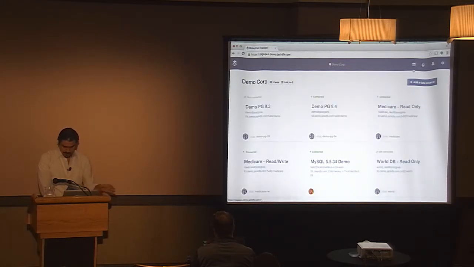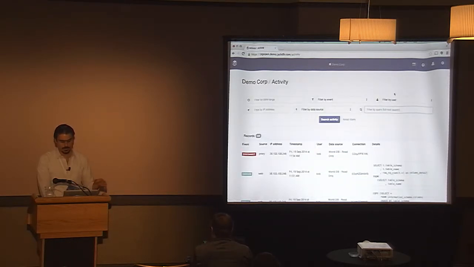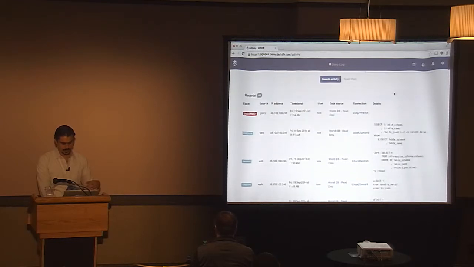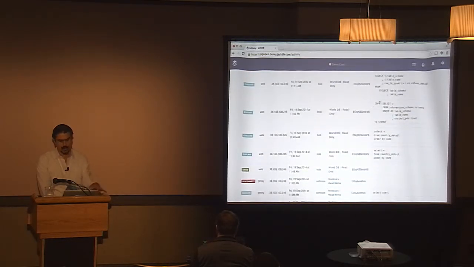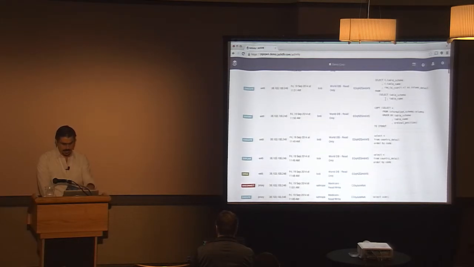So all this is nice. We can add users, we can remove users, add them to roles. But what's really cool is that everything being executed, everything being done, is tracked as well. If I go over here, you can look at the individual queries that were run. Like, you see here Bob ran select to JSON or whatever. Every single time someone runs a query, it's automatically tracked, but it's transparent to the user themselves. You don't have to aggregate data together. You don't have to bring in log files from multiple places.